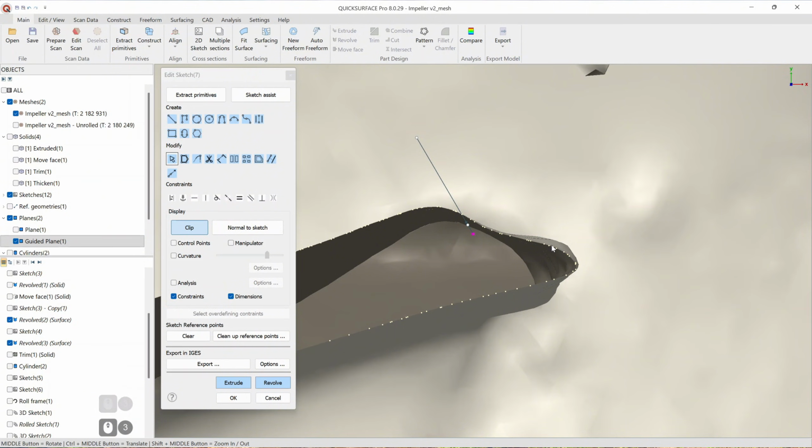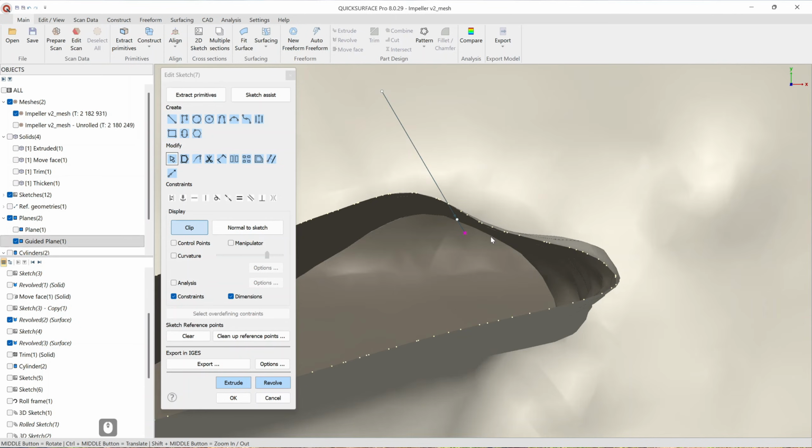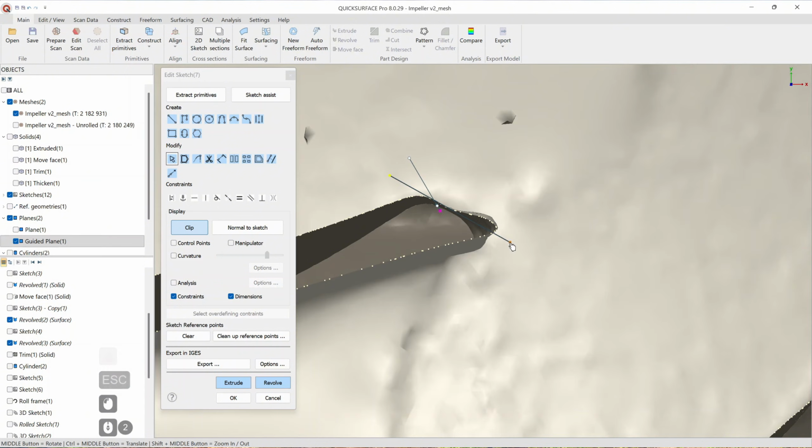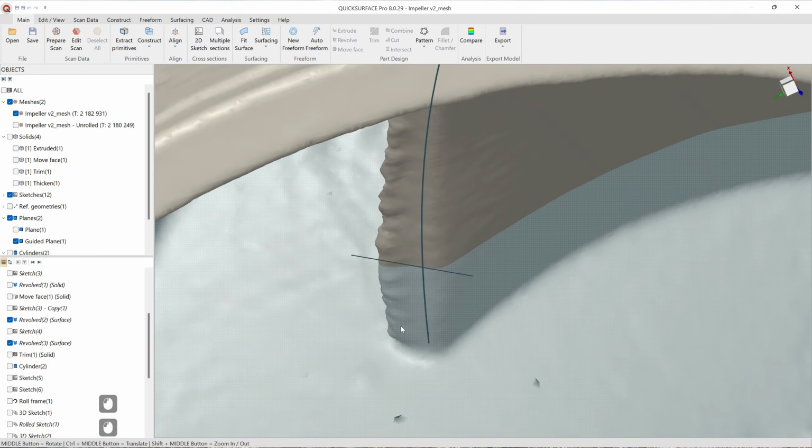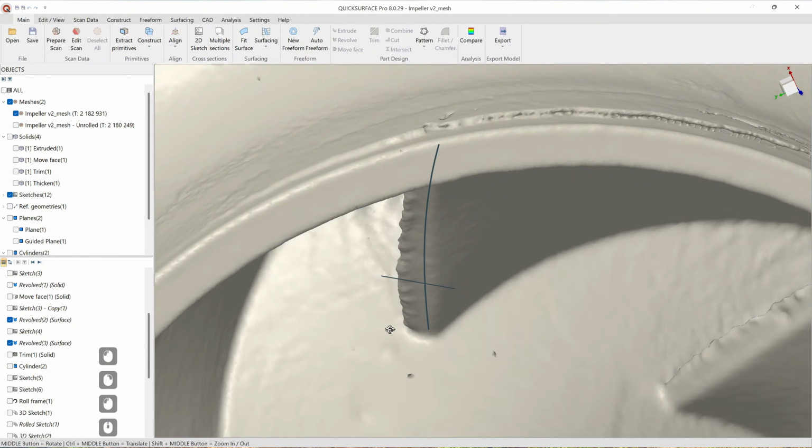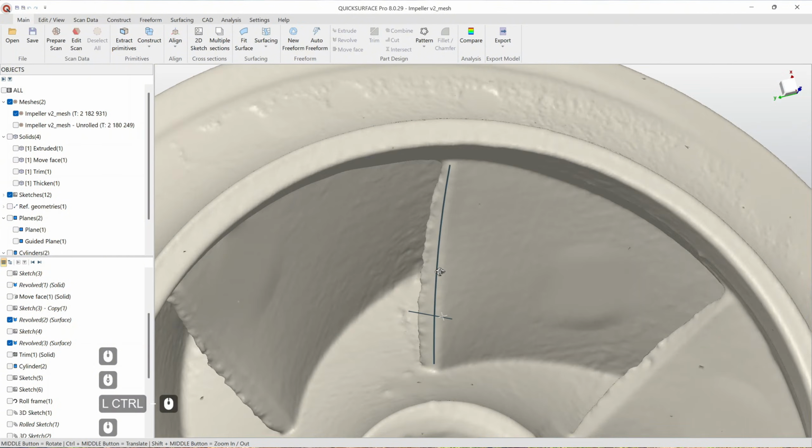So considering most of scanners can't actually capture very well the super sharp corners, I'm going to line approximately like this. Okay, so this line is going to define profile